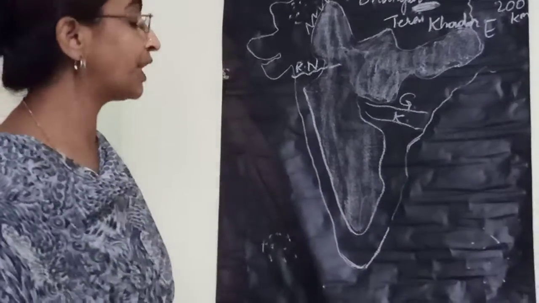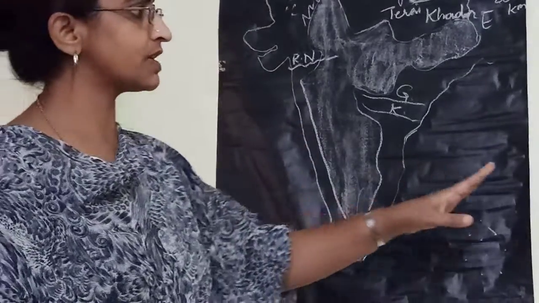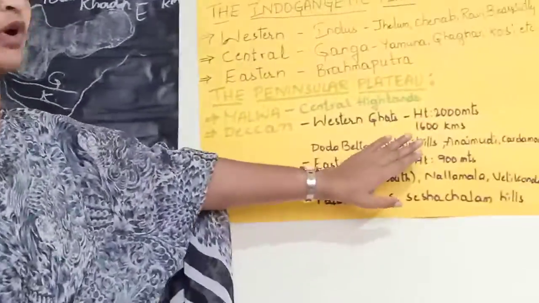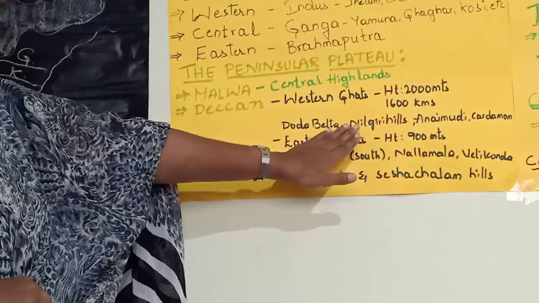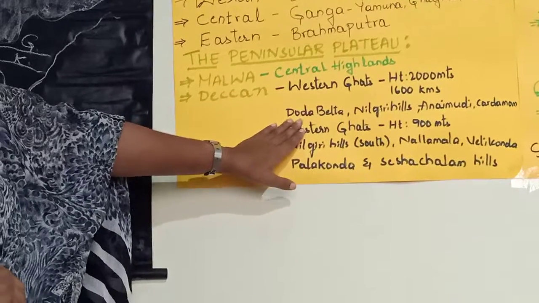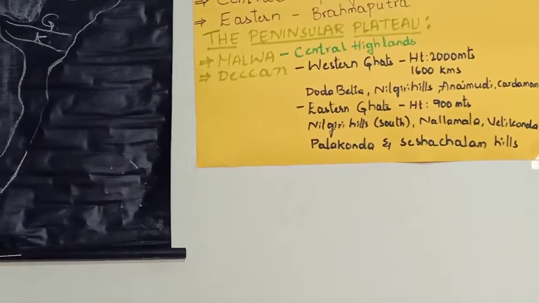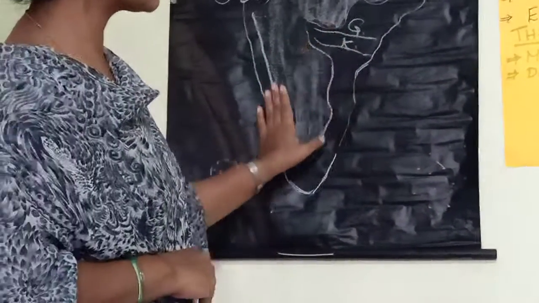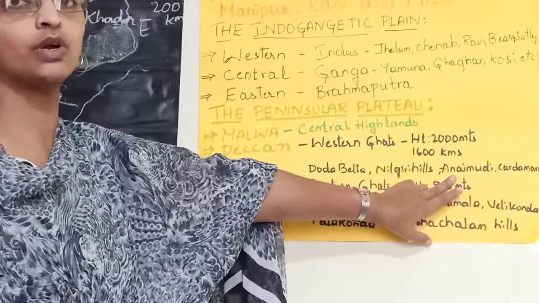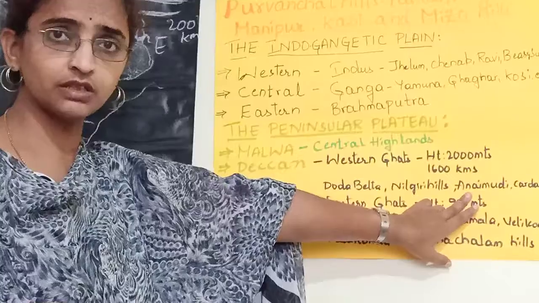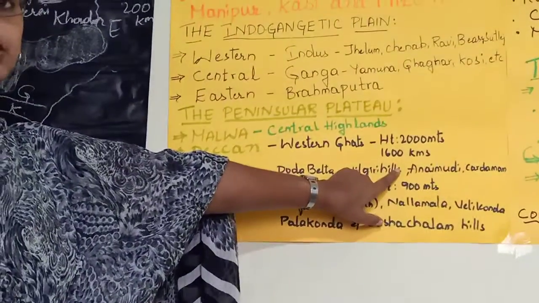Let us see some of the important hills found in the Western Ghats. One of the important hill ranges is the Nilgiri Hills. In the Nilgiri Hills, the highest peak is Dodabeta, a very famous hill station. In the southern part of India, the highest peak is Annaimudi. The Annaimudi hills are found in south India, and this highest peak is situated in Kerala.